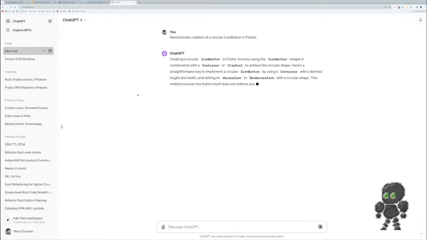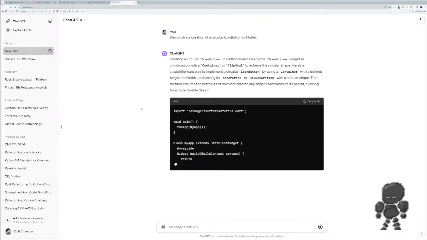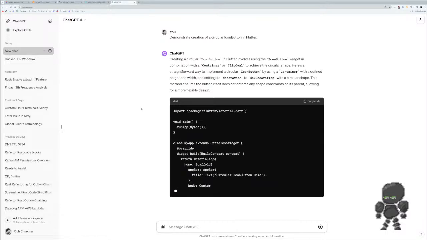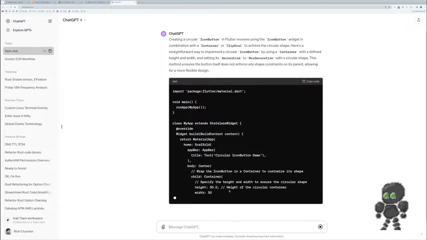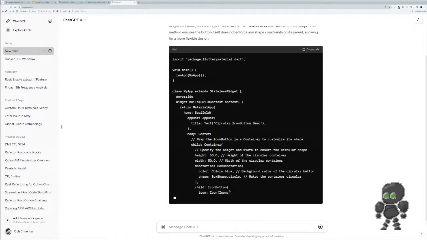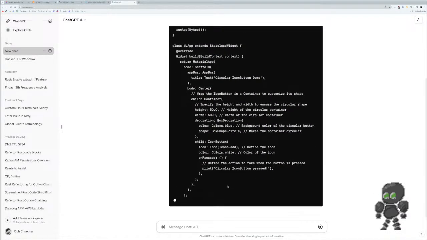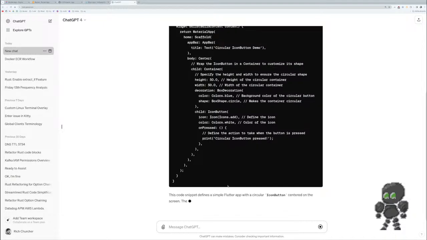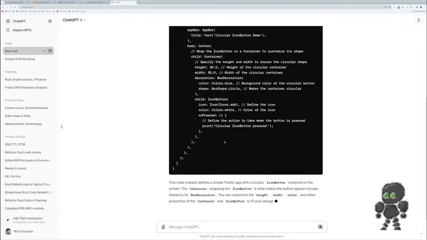Really don't need the dogs right now. Let's see if it's right. I don't know that I needed the whole scaffold. Wrap it in a container. Box decoration, box shaped circle. Child icon button. Really? There's no way to just